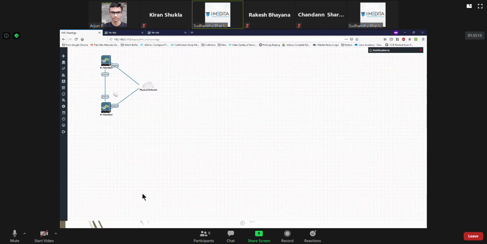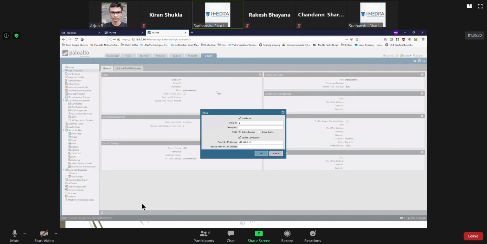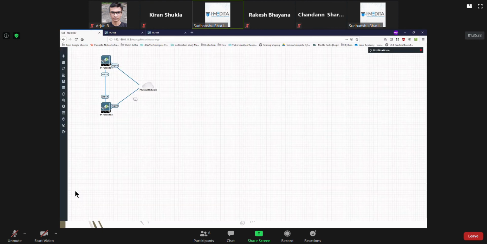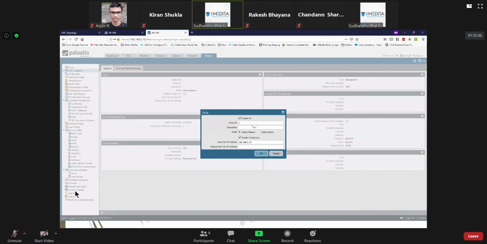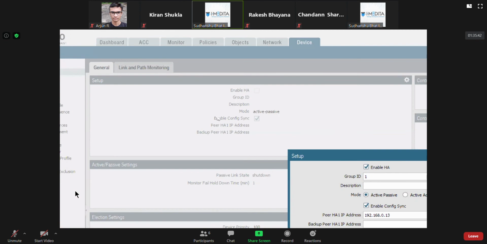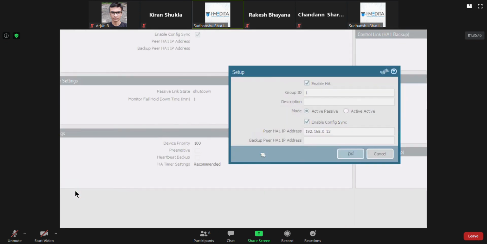See, sometimes they share the same maybe layer 2 link, then you can have them easily identified by having a different group ID. Not with this firewall, but maybe there are some other firewalls also doing HA. Okay. So I'm in 0.10 and I'm giving 0.13 as the IP address here.